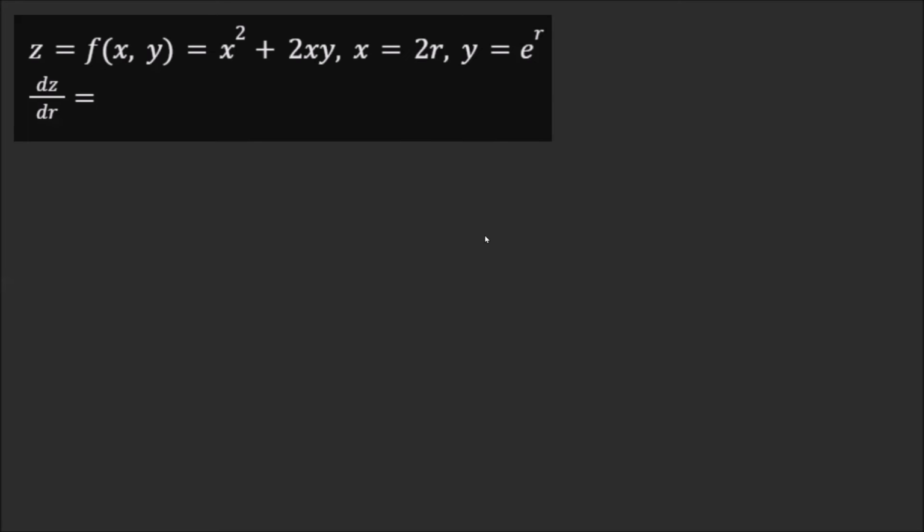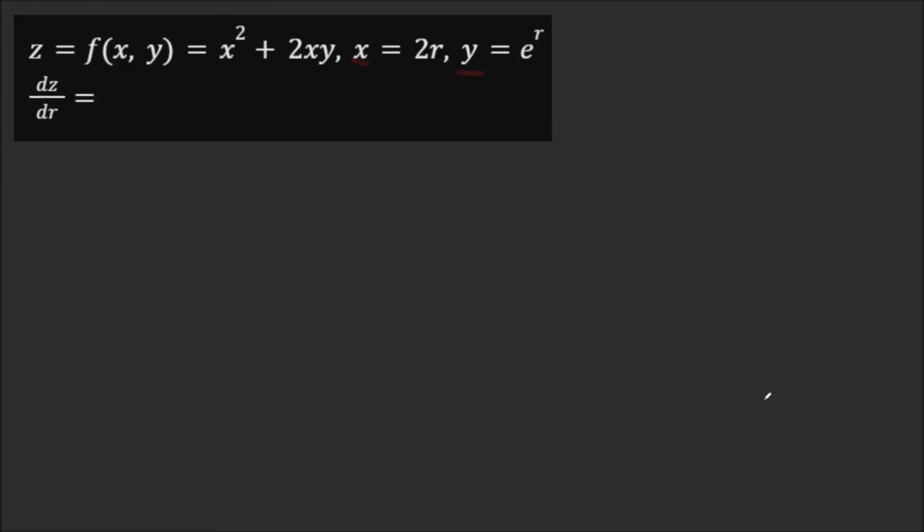Now, this is exactly the same as the last equation. The identity of the fundamental variable is not relevant. It doesn't matter if it's r or t or theta. We're going to treat it the same. So we might as well do so. dz/dr. Now, as I said, I'm not going to use the process employed in the last practice problem. I'm going to do a new one. I'm simply going to substitute in our single variable equations, x and y,